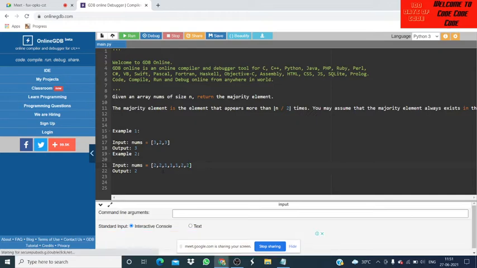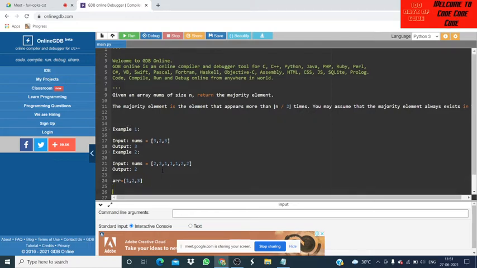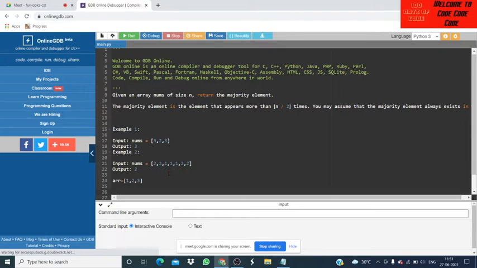If we take an array like 1, 2, 3, then no majority element exists. So we assume a majority element exists and count it, check whether it is greater than n by 2, and then return that element. Otherwise, not.